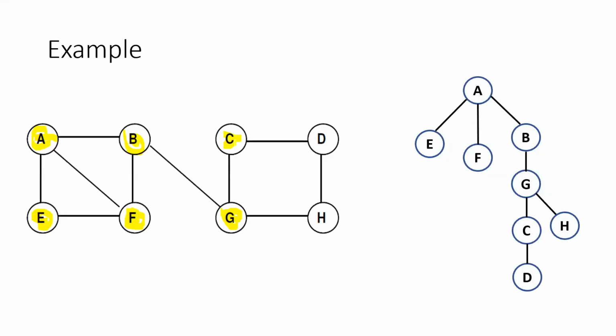Adjacent vertices of D are C and H. C is already visited, so we'll insert H into the queue, ma'am. Okay. Then remove D from the queue. And next is H. G and D are adjacent vertices. They are already visited, ma'am. So we'll remove H also from the queue. So Q is empty now. So we will be removing the unused edges, and then we will be getting the spanning tree or the